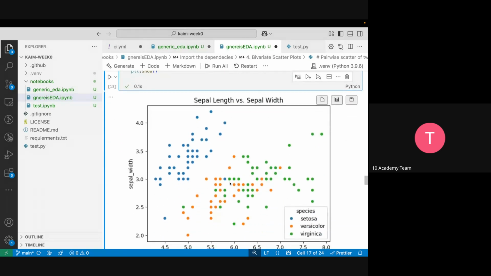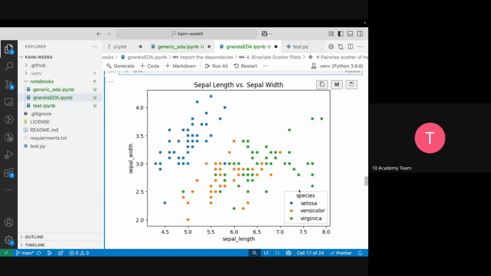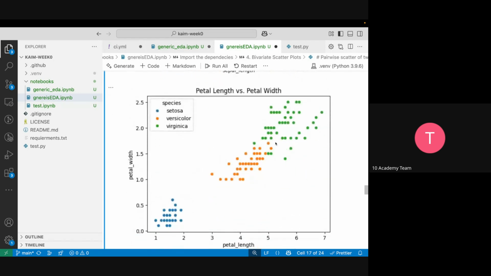So here you can see how they are related. The sepal lengths and the sepal widths for the three species, you can see them. It has, I would say, a more direct relationship with each other. And here as well, they do have a direct relationship with each other, but here you can see that for the petal,